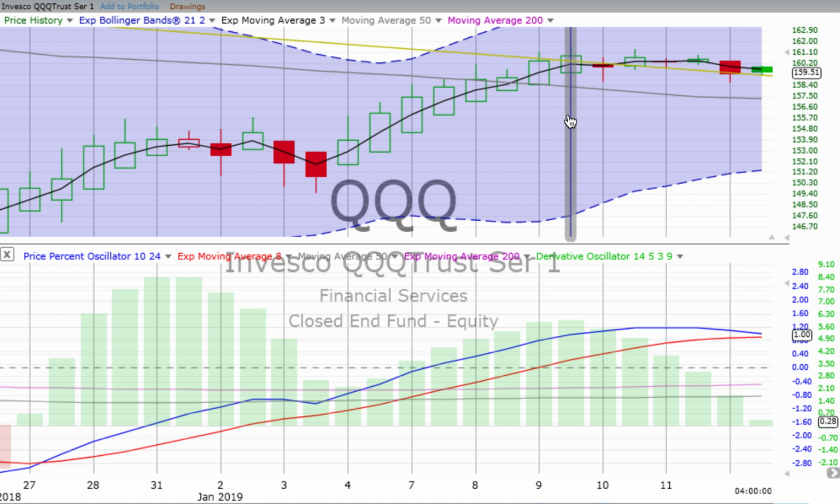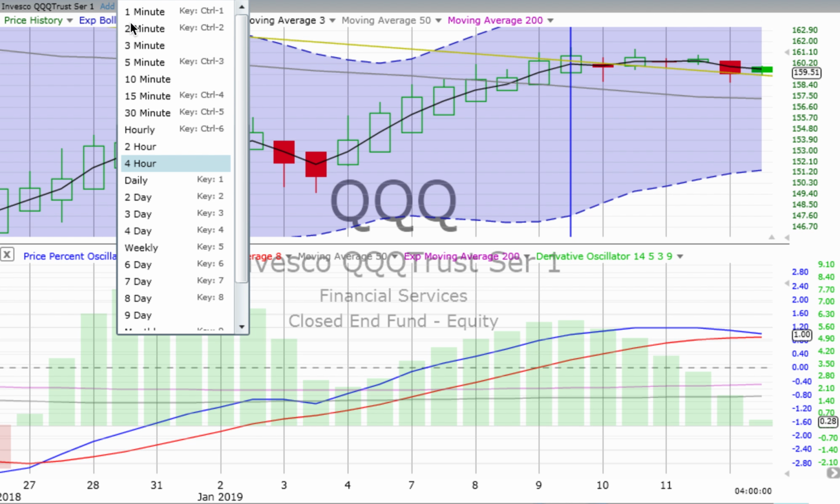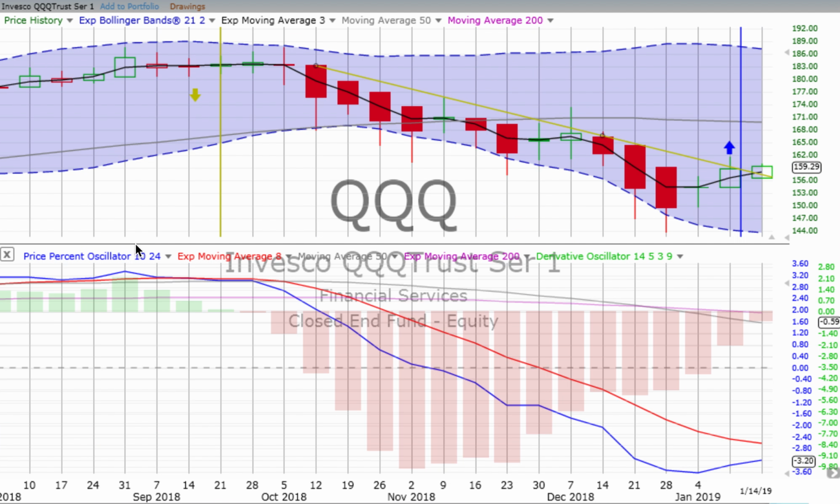The larger, that is the intermediate 2-day, and the largest chart we have, the weekly, are going against each other. So until they're moving in the same direction, that 4-hour chart doesn't give us a jumping in point. So we'll just continue to watch and see how things shape up.